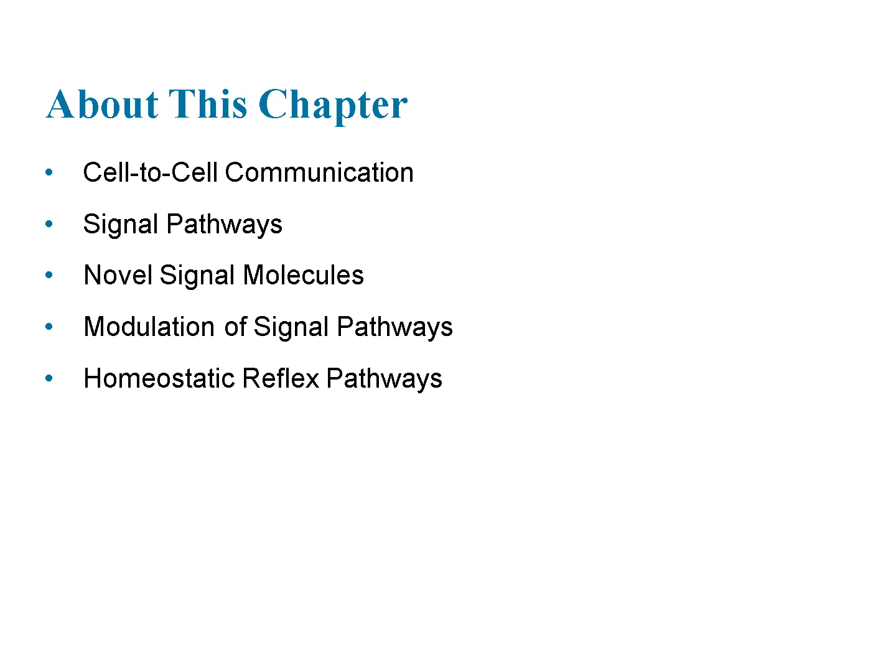Modulation of signal pathways: understanding how cells adjust sensitivity to signals through receptor regulation, competition, and the actions of agonists and antagonists. Homeostatic reflex pathways: complex control loops integrating the nervous and endocrine systems, which regulate variables like temperature, blood pressure, and glucose levels. This foundation allows for an integrated understanding of physiological responses and the intricate communication between systems.